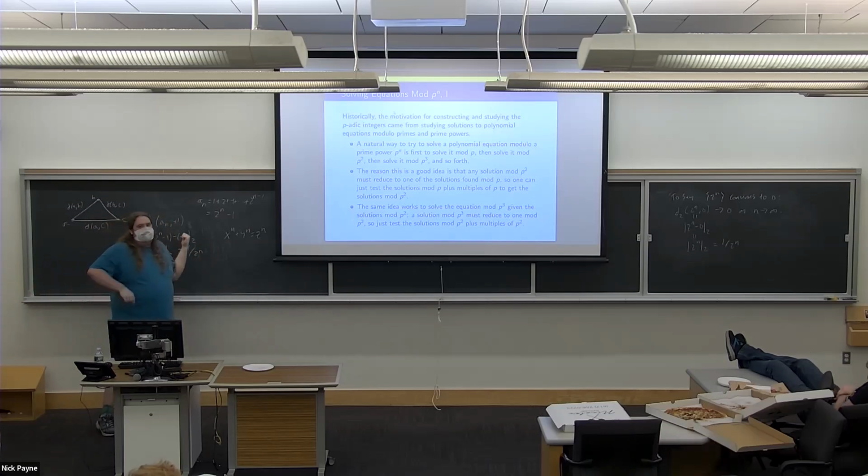Well, there are a lot of integers, too many in some cases, to think about all at once. So if you want to figure out what the solutions look like, you can try reducing it mod p for some prime, because if it has a solution in the integers, then it has to have solutions mod p. And so then maybe you try to solve it mod p and see what the solutions are. And then maybe you do this for a bunch of primes and try to piece together the information mod p for different primes p. For example, let's say you do this calculation modulo the first 50 primes, and then put that all together using something called the Chinese remainder theorem.